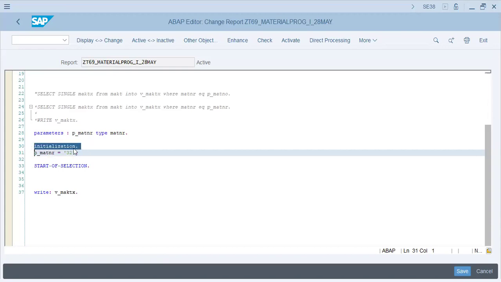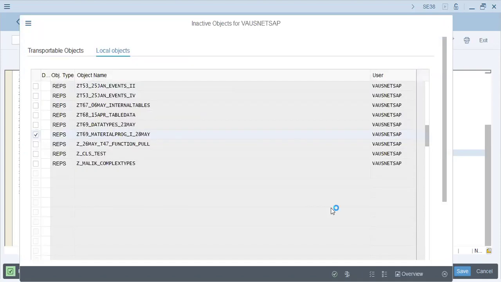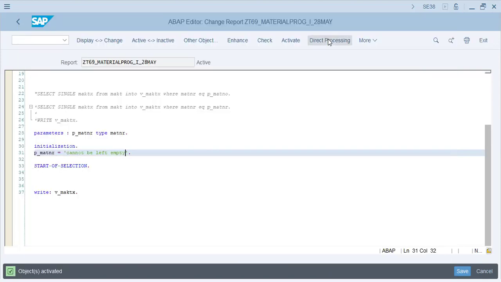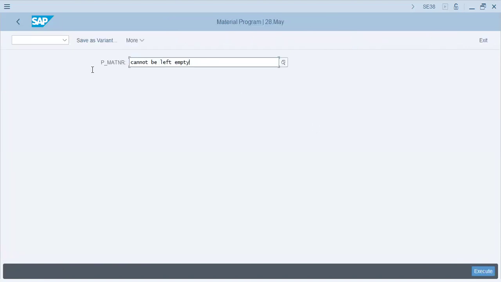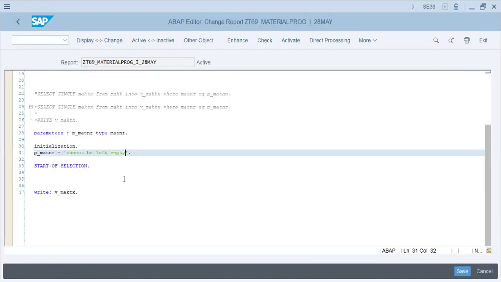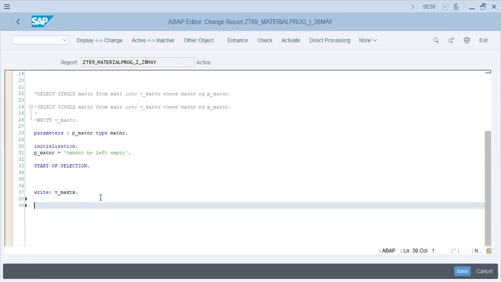So we are explicitly giving an order to the program that initialization will mean that p_matnr will have some amount over here or some narration or text over here, for example, cannot be left empty. That is initialization. Okay. Now, next part of the program is